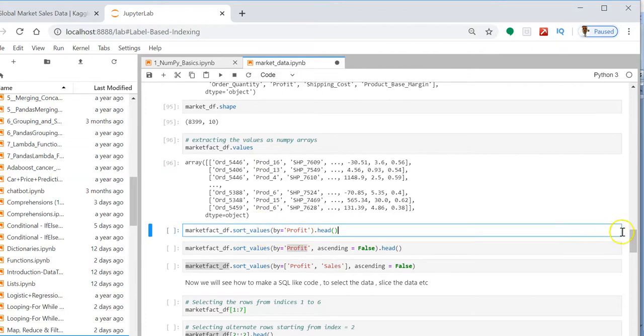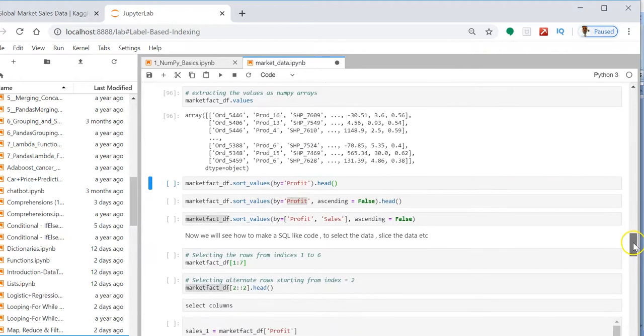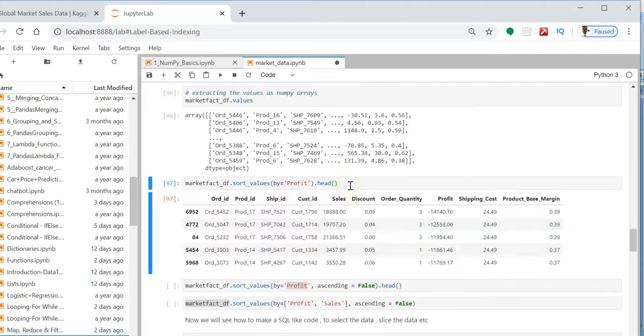Now if you want to do sorting, you can do it based on the actual column name. Here I am sorting by profit, and by default the sorting will be in ascending order. If you want descending order, you simply put ascending equal to False.